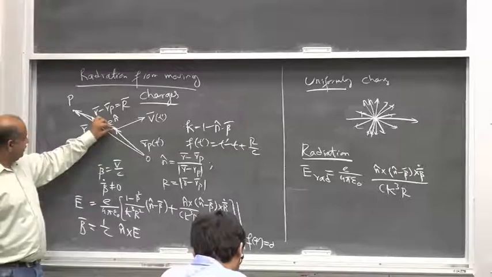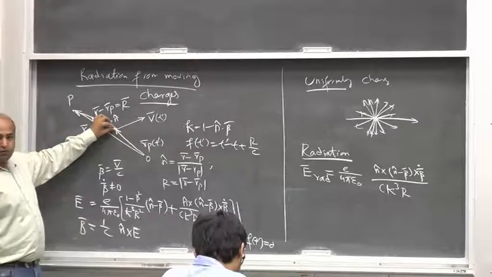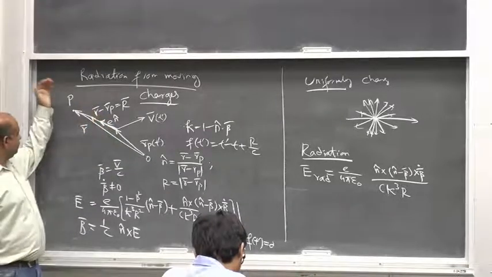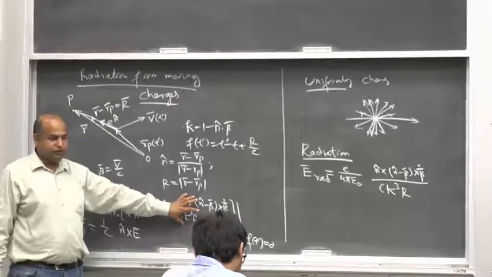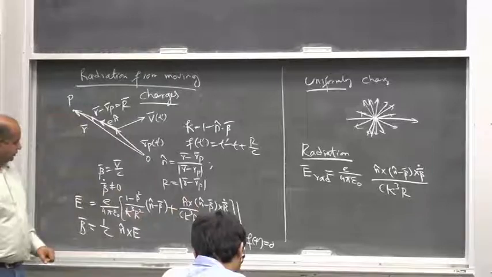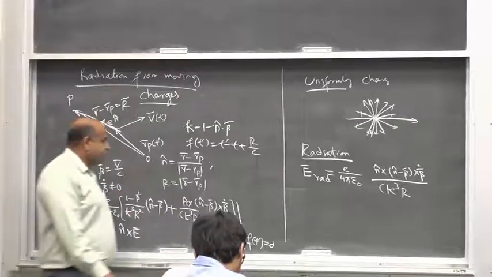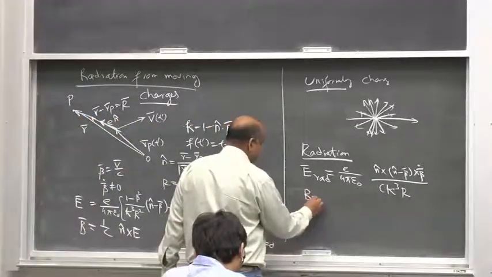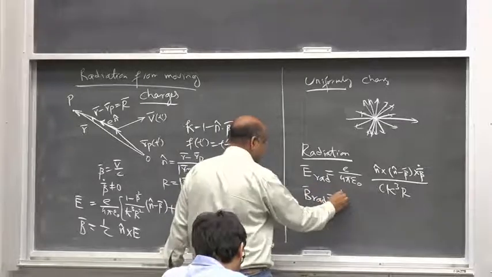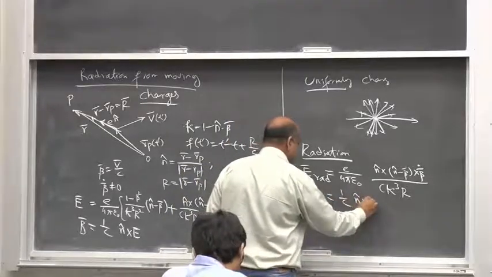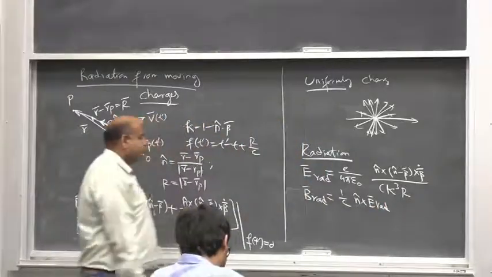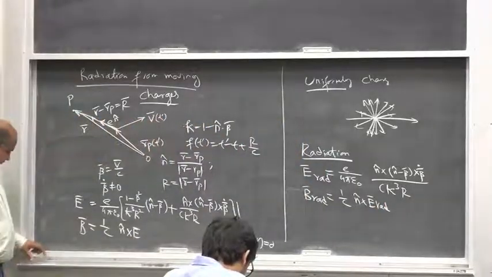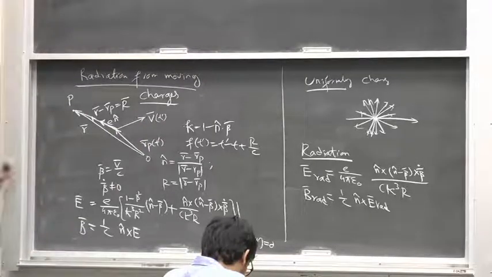So this term decays very quickly when we move away from this charge. So far away, only this field is felt. This is what is radiated. Similarly, B radiated would be